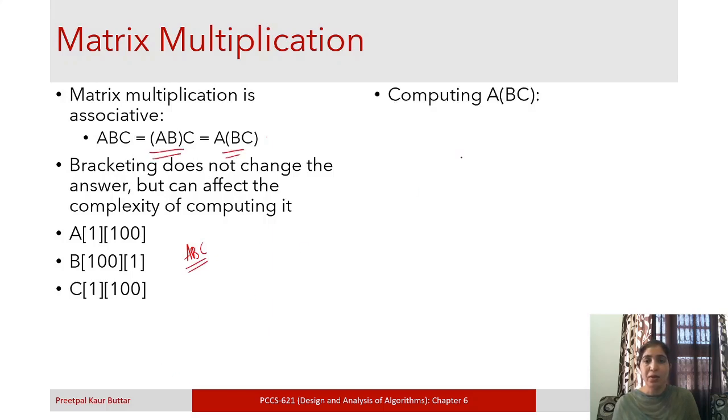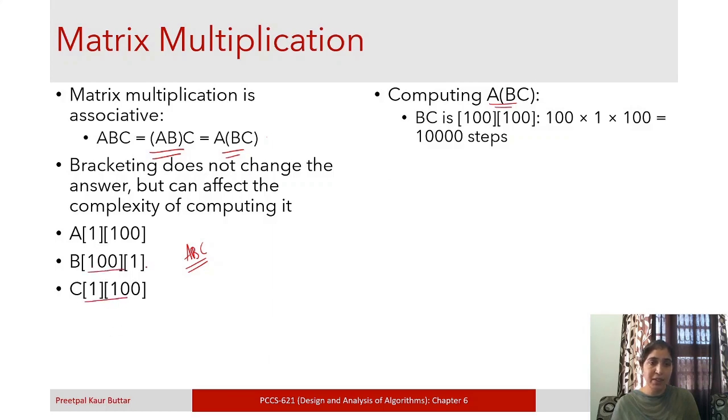If you pick this option, A multiplied by the product of B and C, then first you will compute B into C. They are compatible with each other, and when you multiply them, the resultant matrix's size will be 100 cross 100,